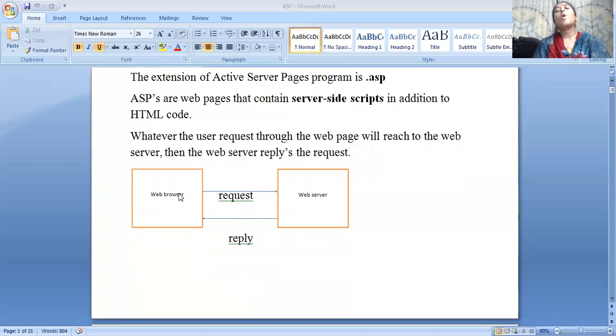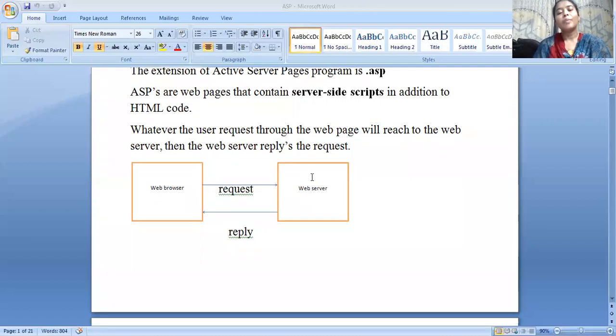Let us see what happens in ASP now. When the browser sends a particular request to the web server, the server searches and retrieves the file from the hard disk. If there is ASP code, then it processes it, and after processing, the server returns the file to the computer.